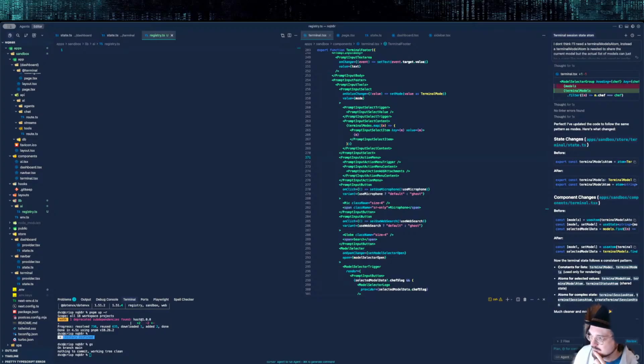Let's see. So I'm looking at the docs here. API key. You know what? I'm just gonna copy this full example and